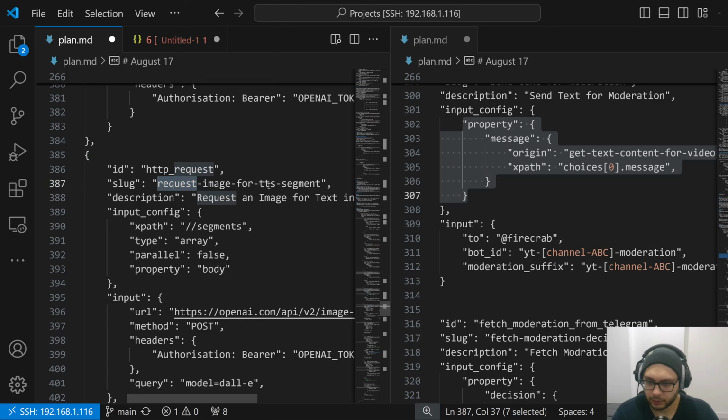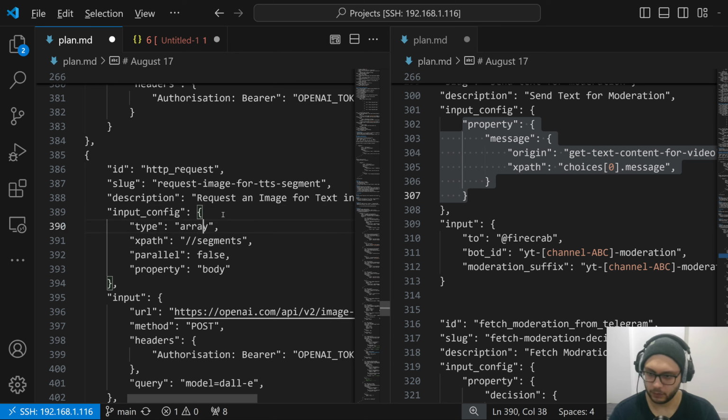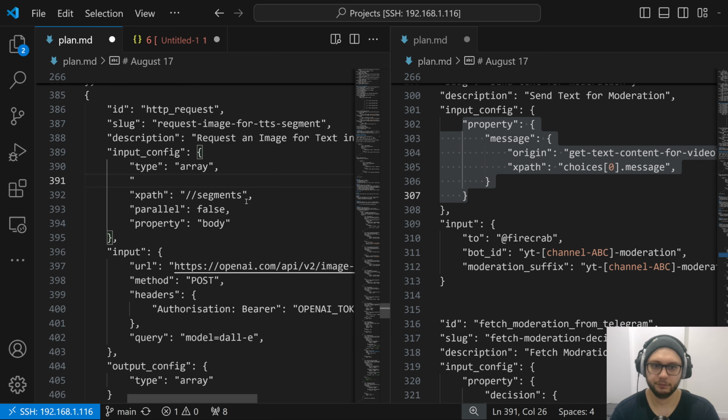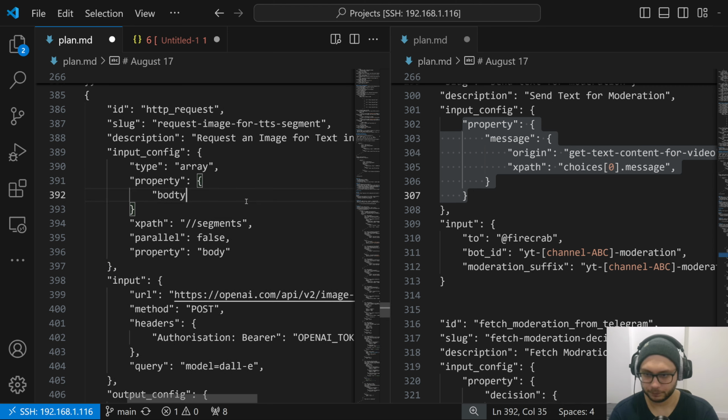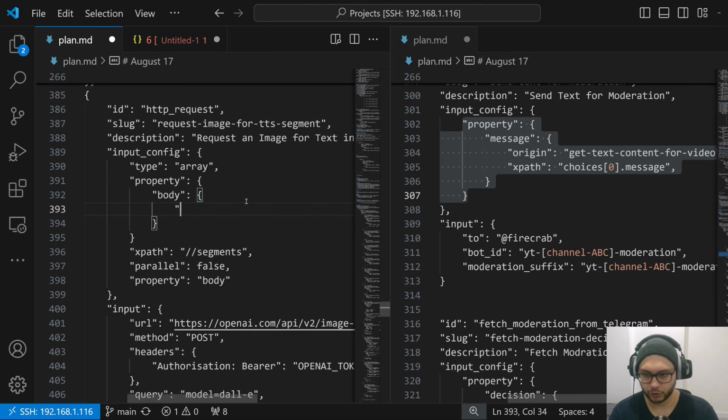Request image for text to speech segment. Nice. So in this case, I say, okay, there is type array, which means whole block will be wrapped by some decorator or for cycle. And what's important, property, body, which has origin, request image for text to speech segment. Yes, that's